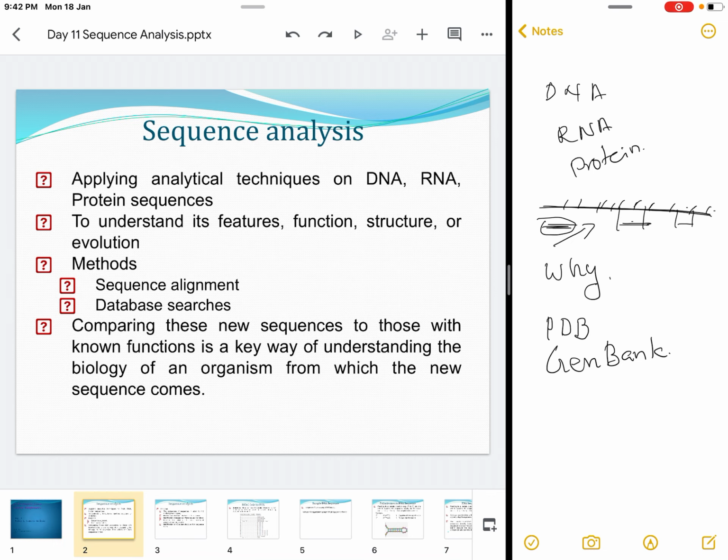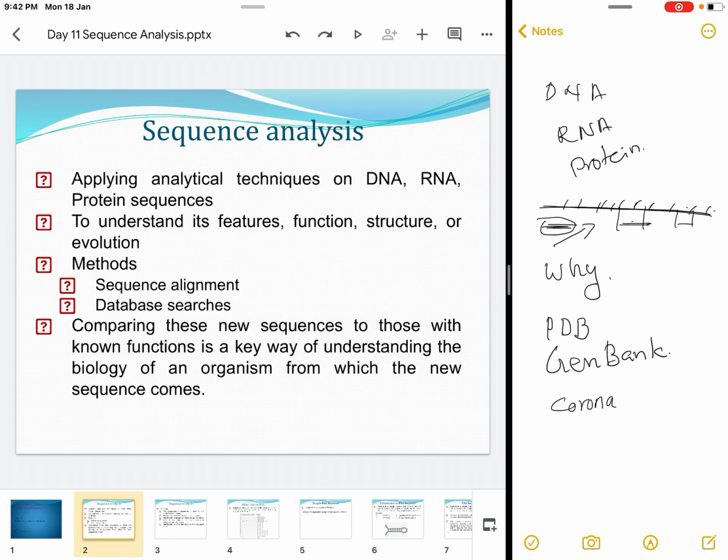For example, suppose you think about the coronavirus, and you are given the RNA sequence of a coronavirus. Then you must find out the similarity between this virus and some other virus. If it originated from another virus, or if there is a similarity between two viruses, then it will be easy for us to find out the functionality, to derive some vaccines, etc.